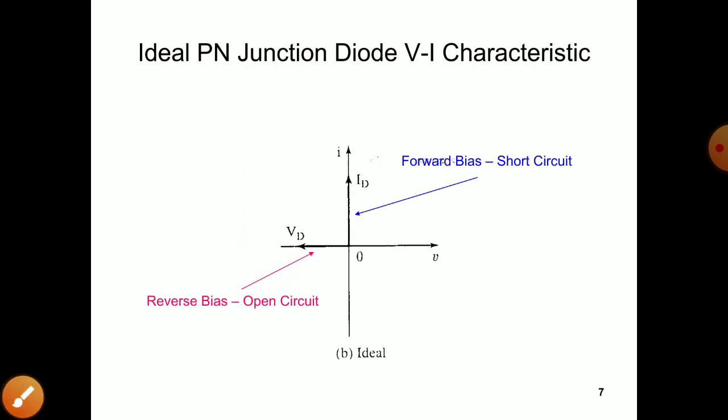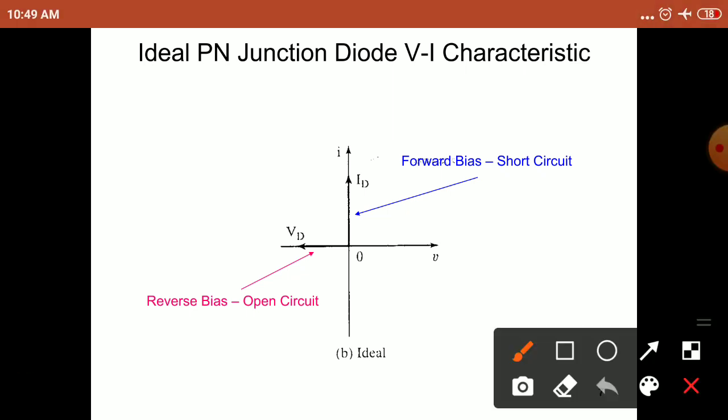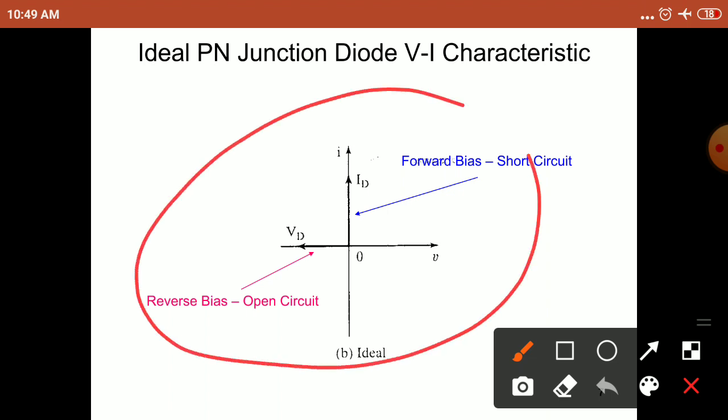Next, the ideal diode. If the diode is ideal, it has to obey some characteristics and properties. Such diodes are called ideal diodes. If the diode is ideal, there are no voltage drops and no losses. So if you are using an ideal diode, the characteristics are a little different compared to the power diode characteristics. This is the ideal diode PN junction